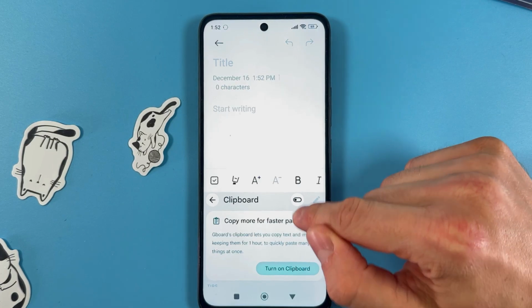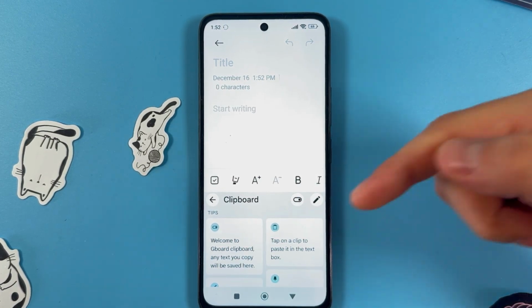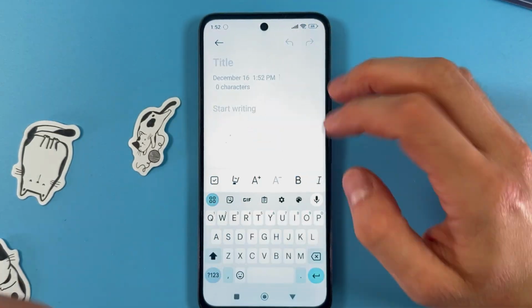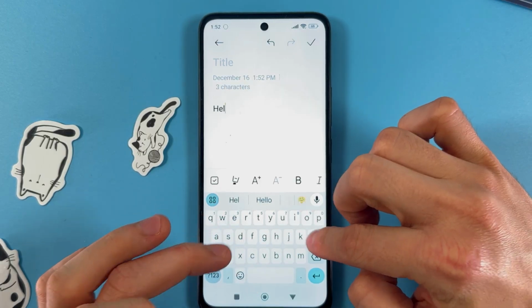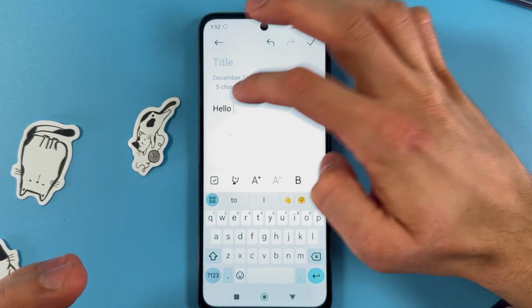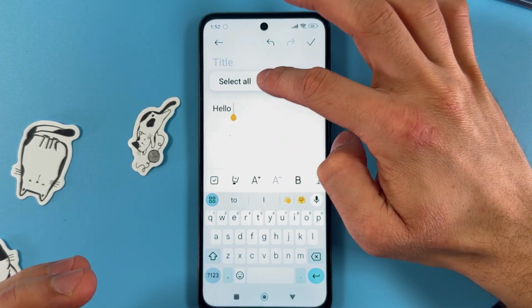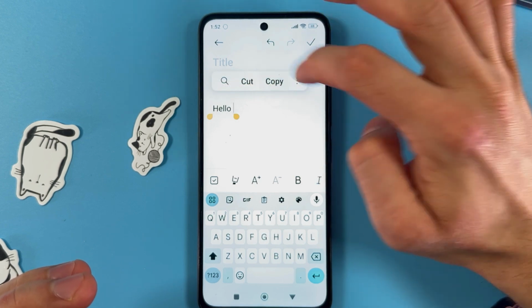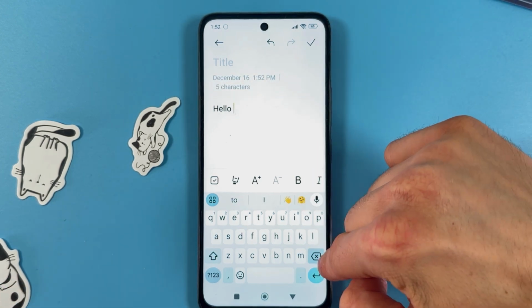This is your clipboard, so tap on the switch to activate it. Now it's activated. Now let's write something, for example, hello. So copy it, and press select all, select copy. And now,